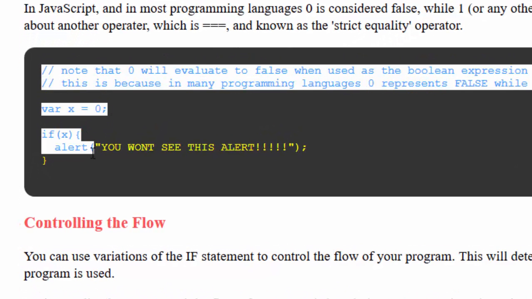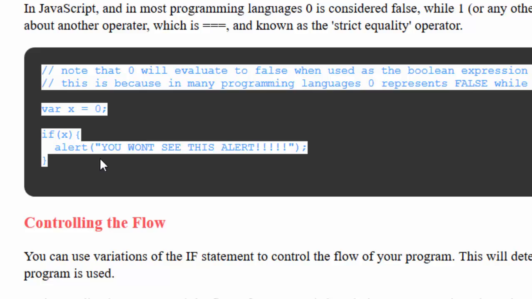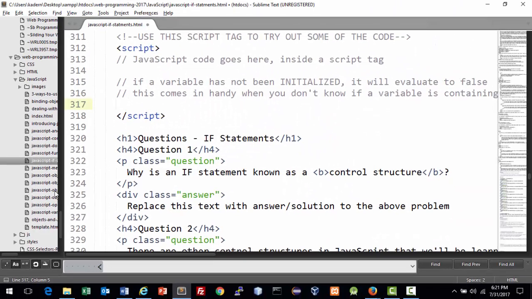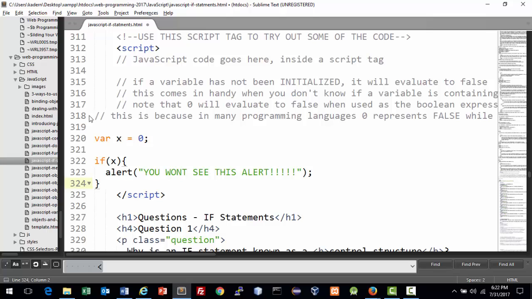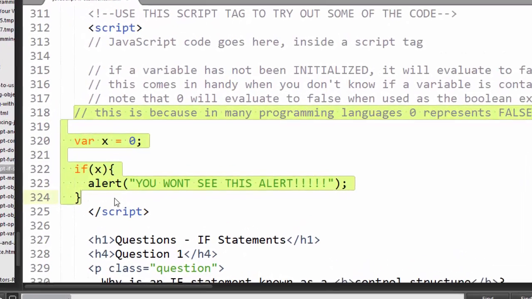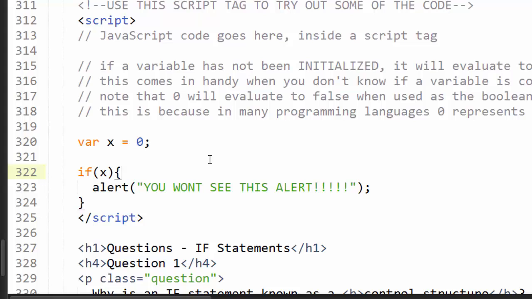This is the last code block for this video. Let's copy that and then paste it in here. Reformat it a little bit so everything lines up nice and neat. Okay, now look at this. Now in this case our variable x is being initialized. It's being initialized to 0. Now here's the thing, in programming languages 0 is considered equal to false. So if I try this trick here to test to see if a variable is initialized, this won't work right here. Now this is a quirk,